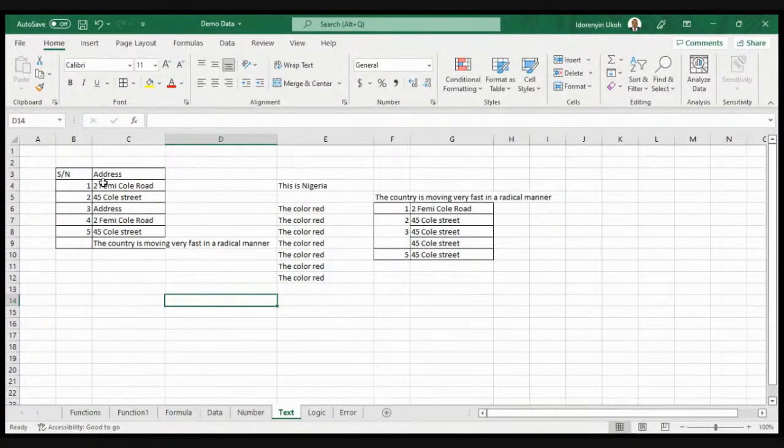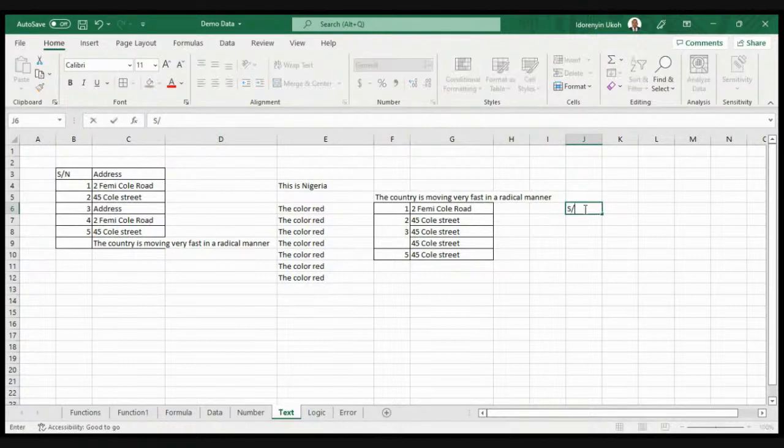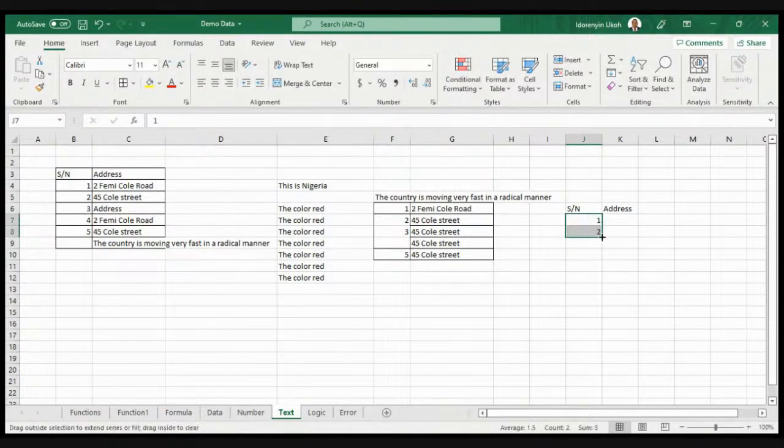So for text data, we have a scenario here, data already here, having the addresses, and we have it filled up. I would represent that again. Okay, I have this information.